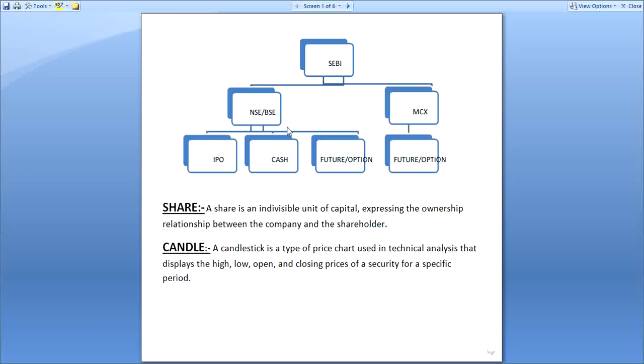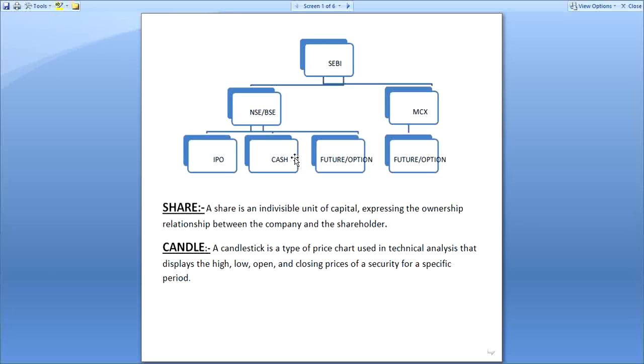How can we invest in NSE and BSE? There are three ways. First is IPO, and second is from a Demat account or investment holdings, and there are a lot of things. IPO is the initial public offering. In an IPO you can directly purchase the newly published shares of any company, the company which issues shares for the public. So that share you can purchase from an IPO.